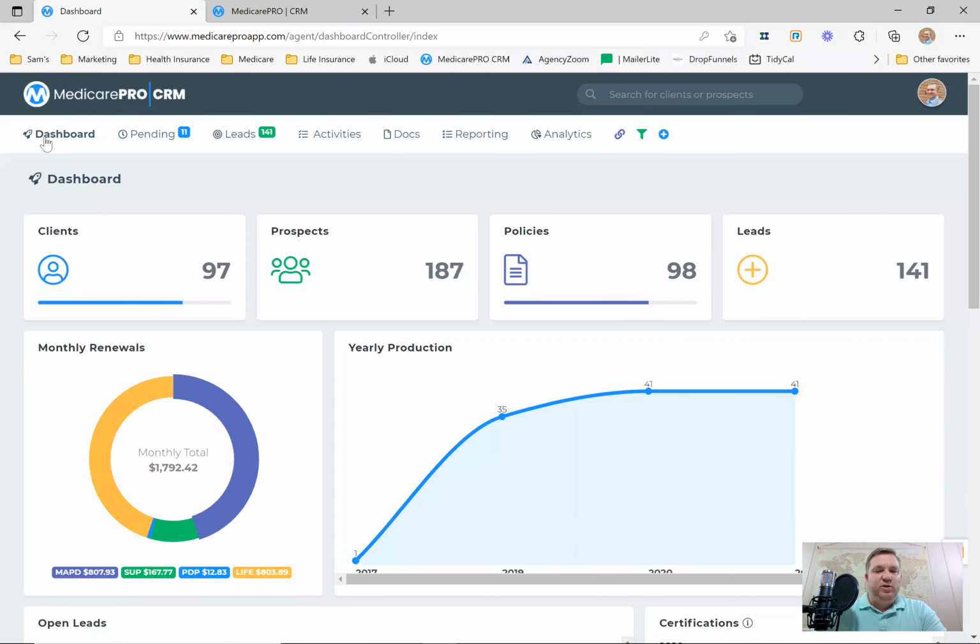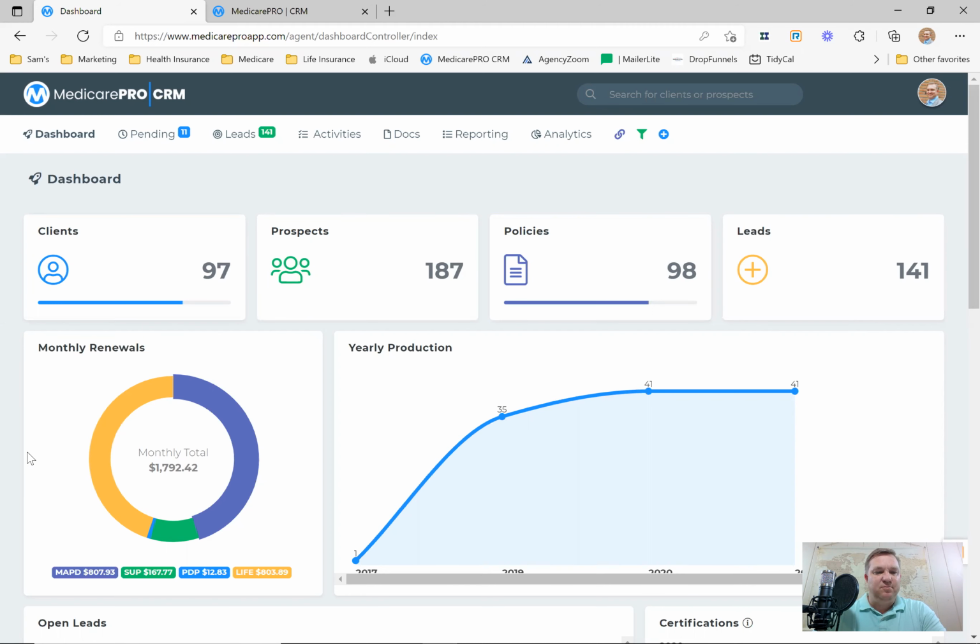So to dive on in here, when you log in, this is what your dashboard looks like. It gives you a client count right up front, a policy count. And as you know, as an agent, you're always trying to grow this number here and these numbers, and it gives you that snapshot right at the top of the page. So it just lets you know where you're at every day. And if you have a goal in mind, this puts that front and center. And that's something that you don't find on many other CRMs,